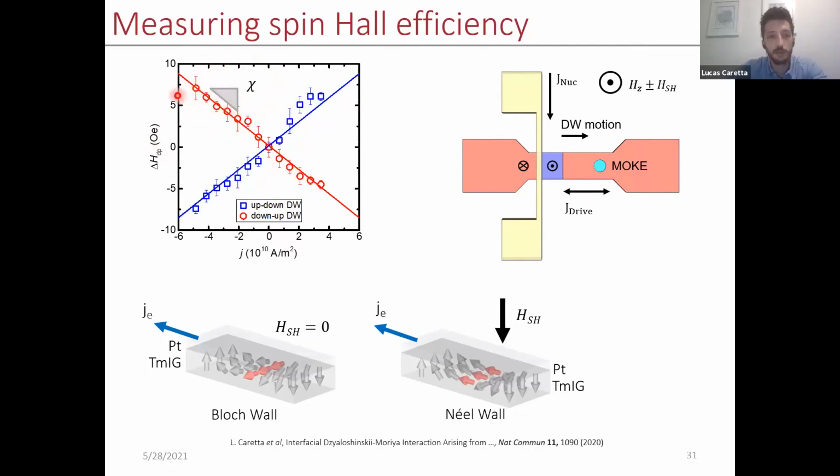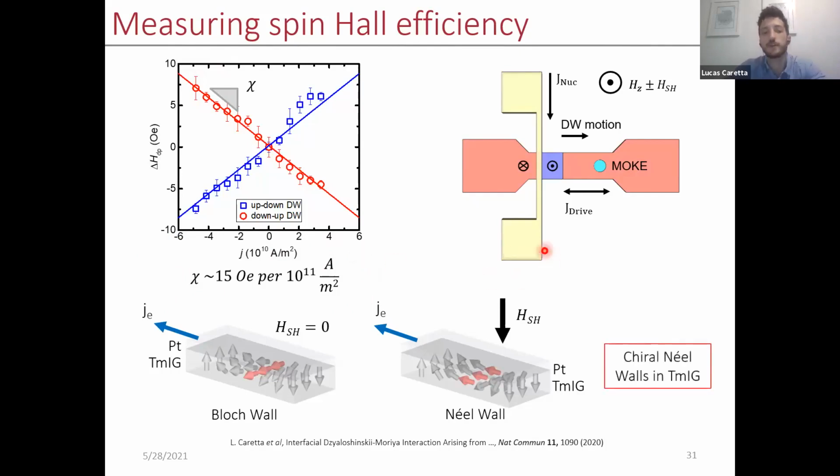So this tells us the amount of effective field per unit current density that we are applying to this domain wall. And if you do that calculation, you'll find that this effective field is actually quite large. It's very similar to what's seen in metallic-based systems. But more importantly, what this implies is that we actually have Néel type of domain walls in the system. And the symmetry of these curves actually tells us that these are chiral domain walls. So we've actually shown that we can stabilize chiral Néel domain walls with these ultra-thin garnet films.